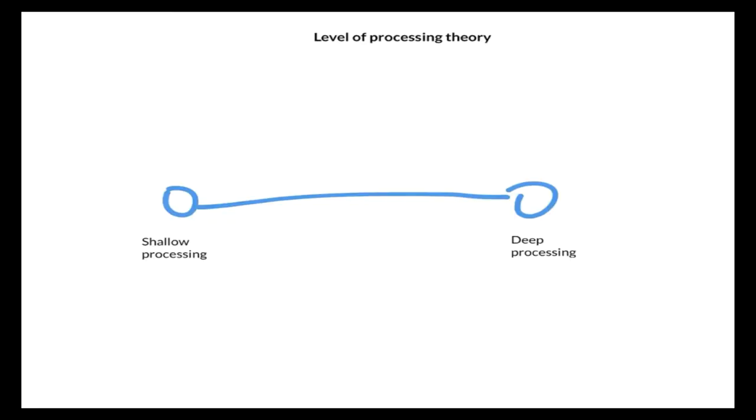Okay, so let's take a look at level of processing theory and how this theory explains how certain types of processing or working with information can be more effective than other types. So they start off with this continuum that we see here. On one end, we have shallow processing. On the other end, we have deeper processing. The most shallow